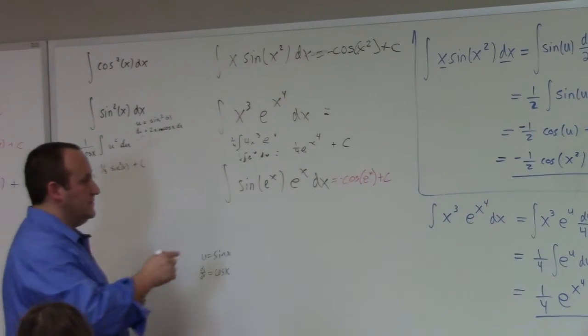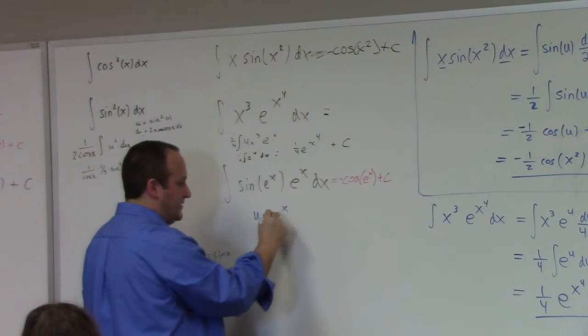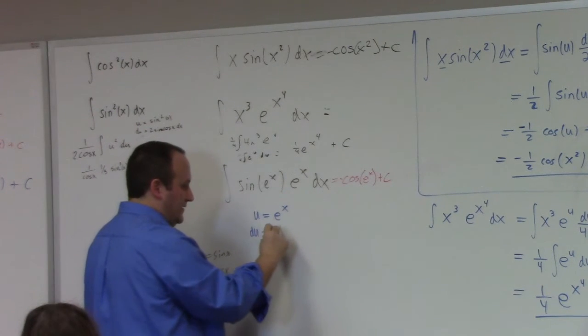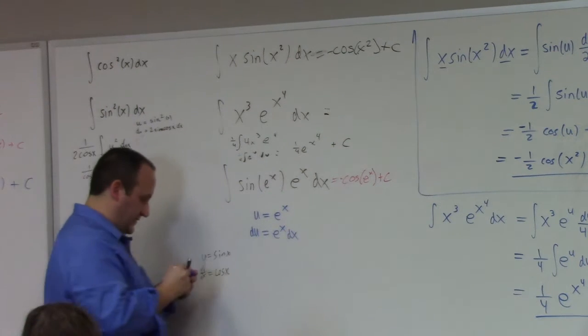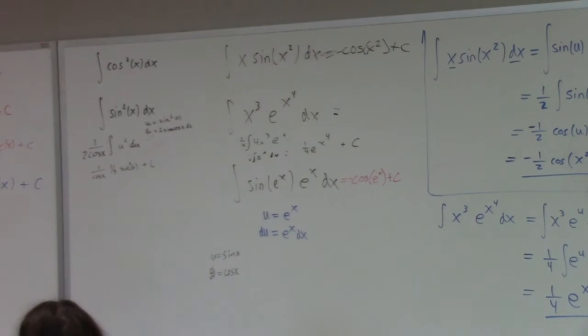Yeah? And this one here, what's really missing is just u equals e to the x, right? So du is what? e to the x dx. So if you look at that, you can identify what's going on, which is that,